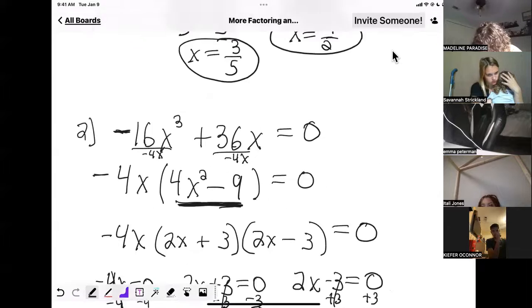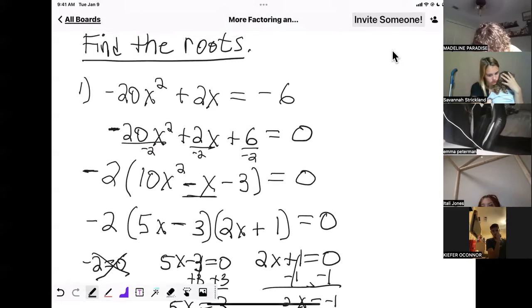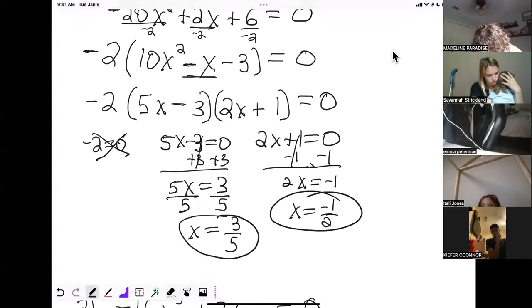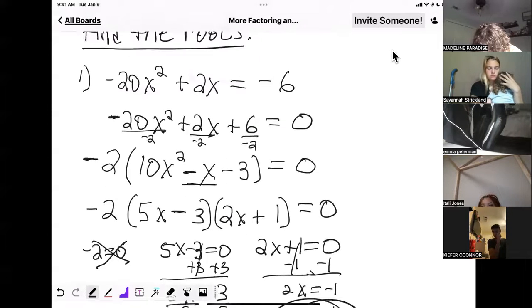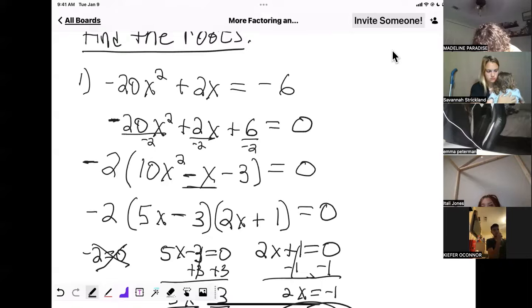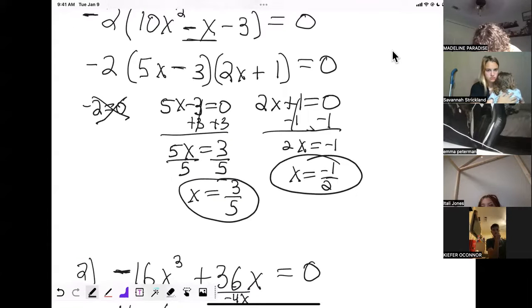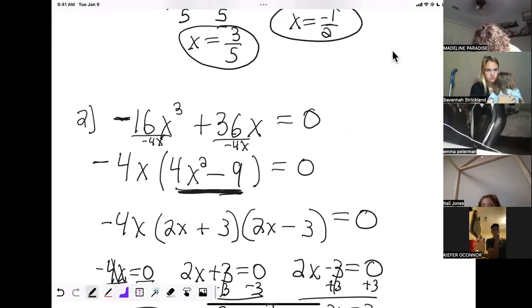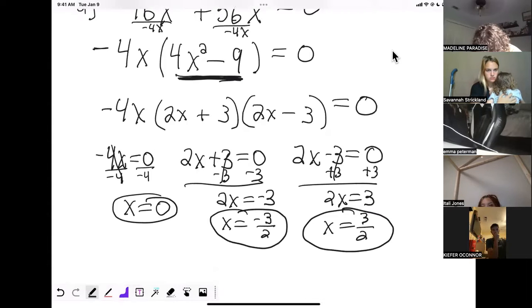Yes, it is. So if you have a square and it's factorable, and I have to say factorable because some of them aren't factorable, you will have 2 solutions. If it's a cube and it's factorable, you will have 3 solutions. This is a way to check if you got everything. So if I do a cube and I only have 2 answers and it's factorable, I know I forgot something somewhere, and it's probably the 0. So you can check yourself. Now, this is not true for every cube because not everything is factorable, but if it's factorable,